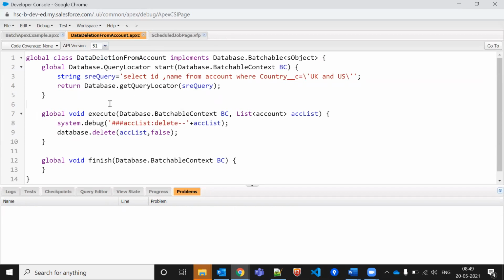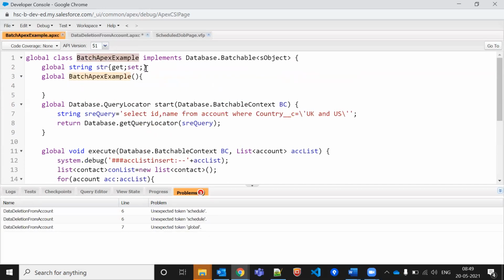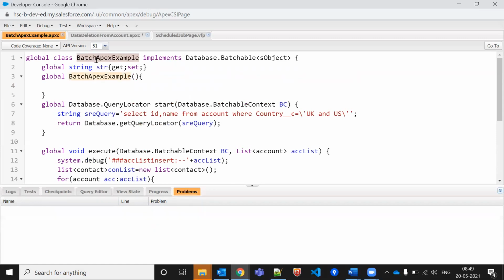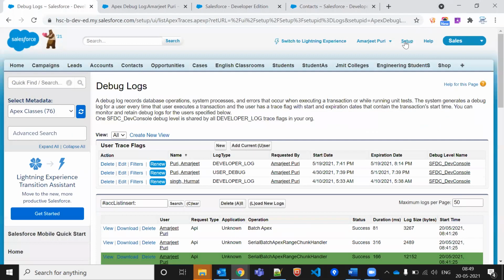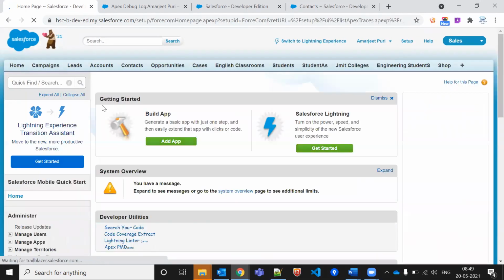So that is, let's say I can create a global void schedule, or else we'll do one thing. We'll just call the things inside. Oh, sorry, no, this one. We'll call the things inside the constructor only. So whatever yesterday we created one of the batch Apex, and in the schedule we called in the scheduler class. That thing we can directly call in this one only.